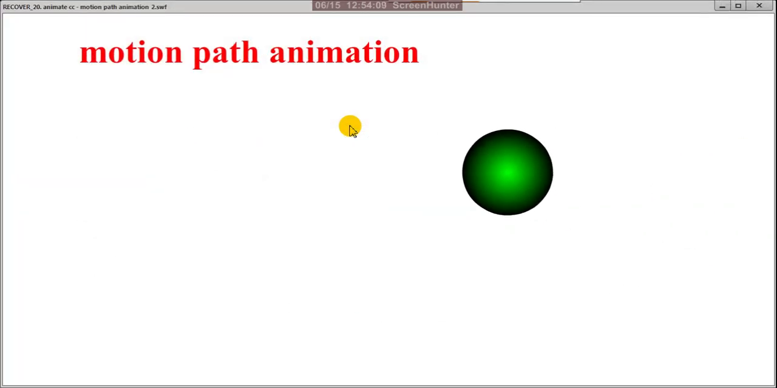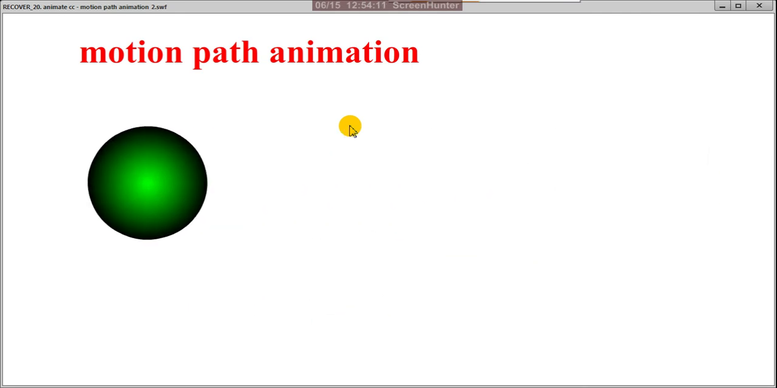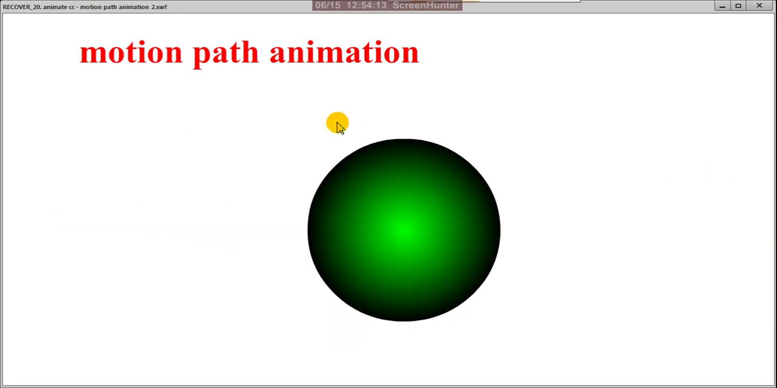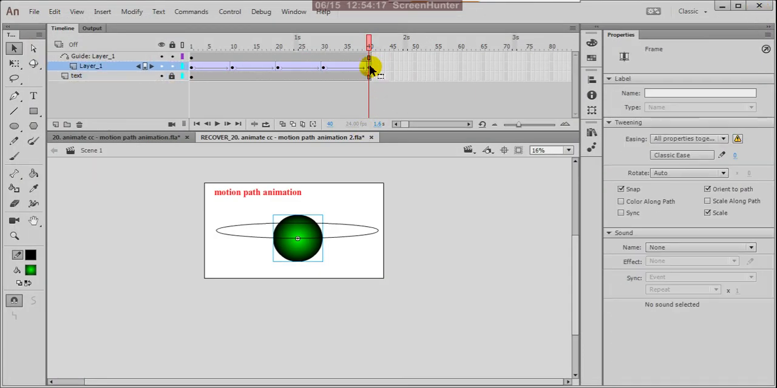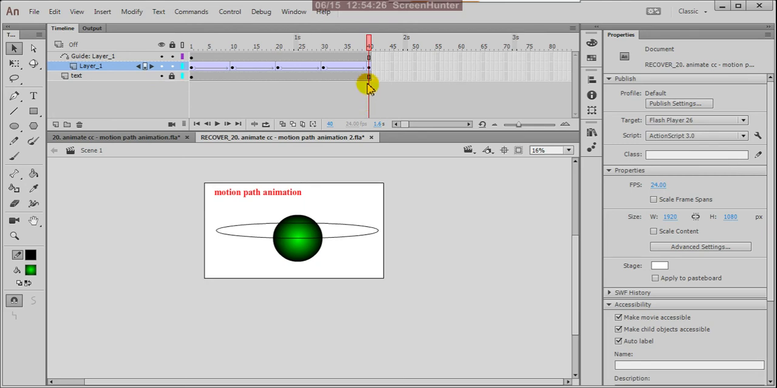So this is continuously moving. Okay, because this and this are coming two times, because the first frame and the last frame are both the same. To avoid that,